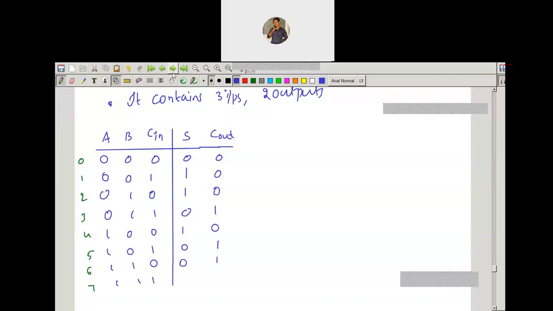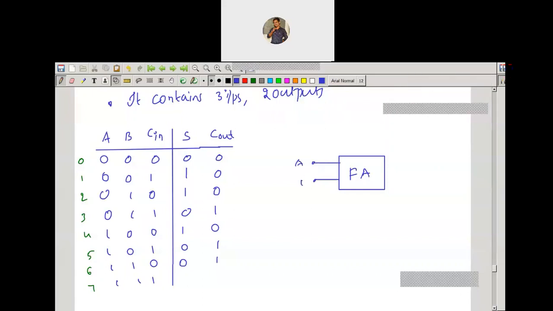Now here, put your answer in the chat box for the last case, 1, 1, 1. For this input combination, the three-ones input combination, what is the sum as well as the carry? So drop your answer in the chat box. I'm drawing the block diagram, a simple block diagram for the full adder, which shows you the number of inputs and number of outputs. Okay, you can post your answer in the chat box.